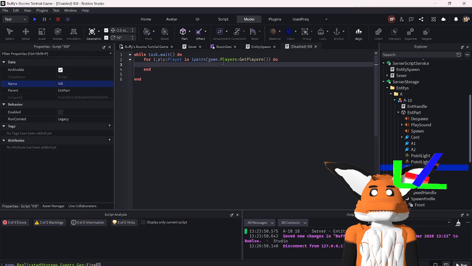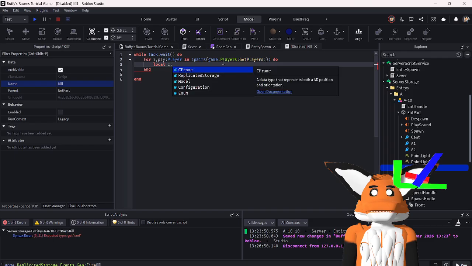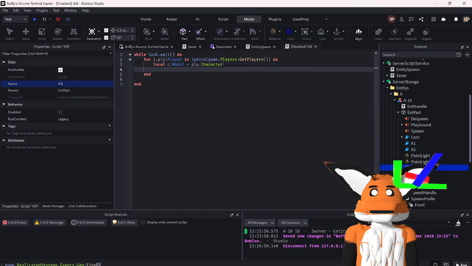So yeah, local C, which is going to be the model, will equal player.Character. If C, then if C, then